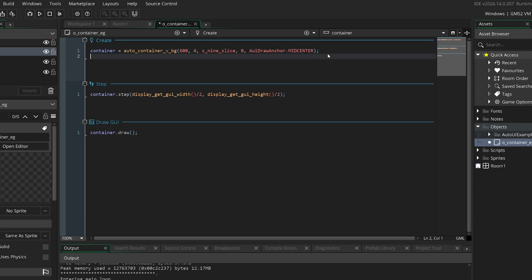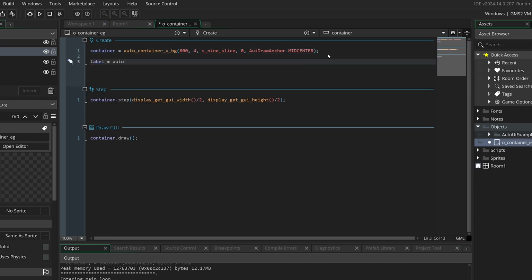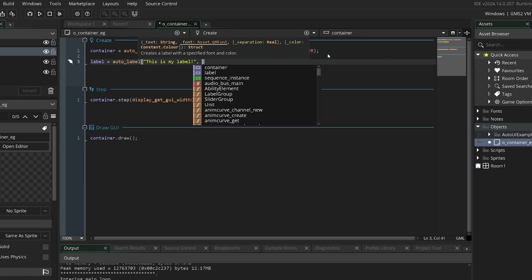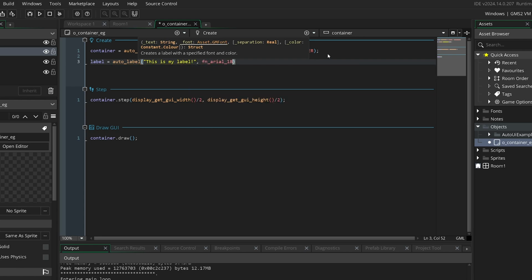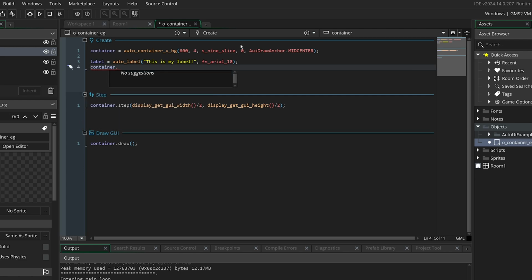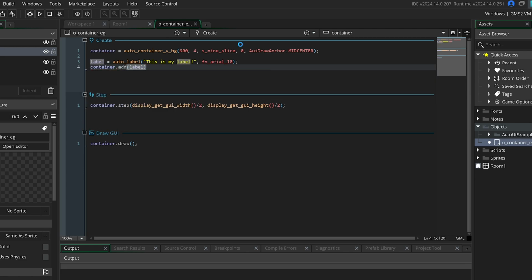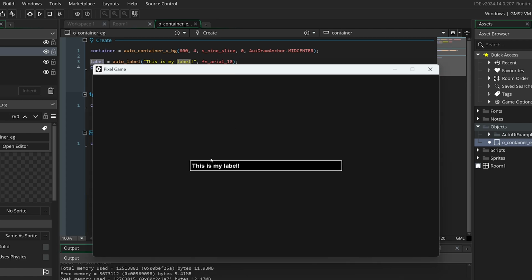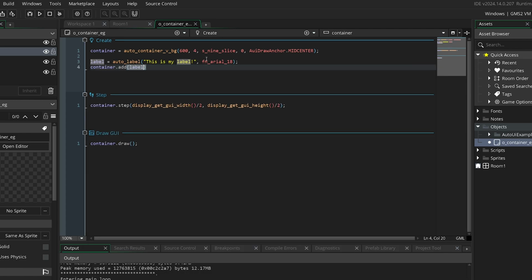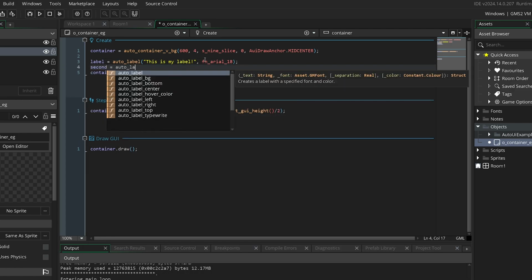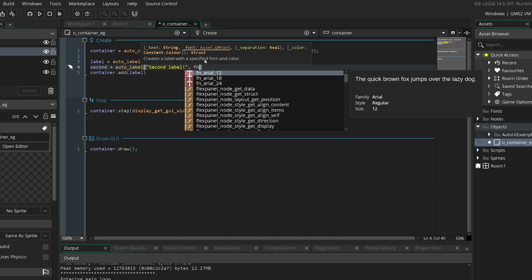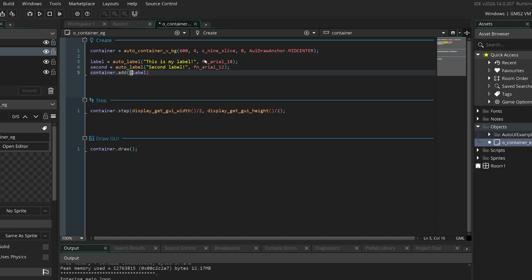So let's go ahead and add something. Let's add a label. I'll do labels in another video, but just for the time being, pick your font. This also works with sprite fonts. And then all we need to do is use the container's add method to add the label. And then once we do that, we've got our label. We can add even a second label, with a different font. And if we make this an array,